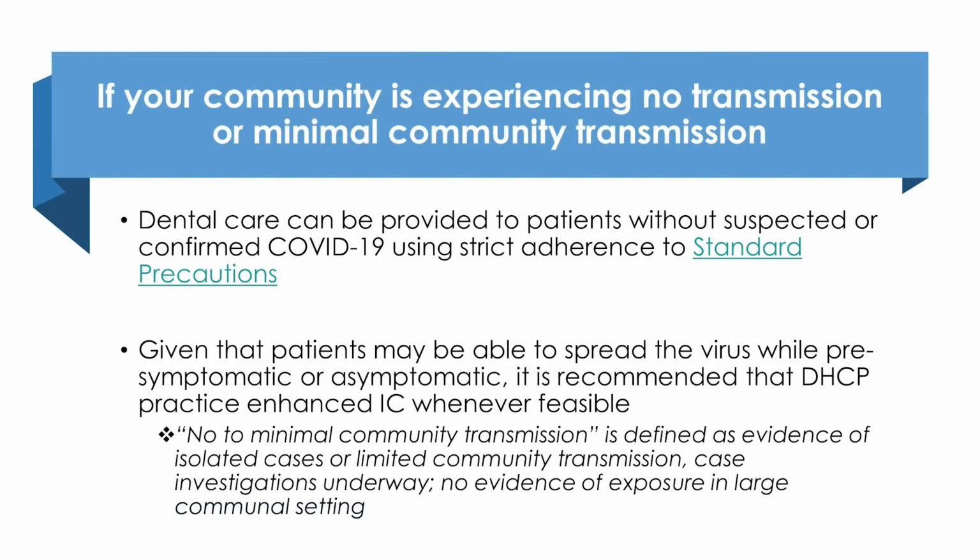If your community is experiencing limited or minimal or no transmission, you can provide care to patients without suspected or confirmed COVID-19 using strict adherence to standard precautions. And we have been implementing standard precautions for quite some time now, so that shouldn't be anything new for us. However, we do know that patients can present either asymptomatic or pre-symptomatic, so it really is recommended that dental healthcare personnel wear enhanced infection control, and to me, that really means using your doffing and donning techniques and wearing that